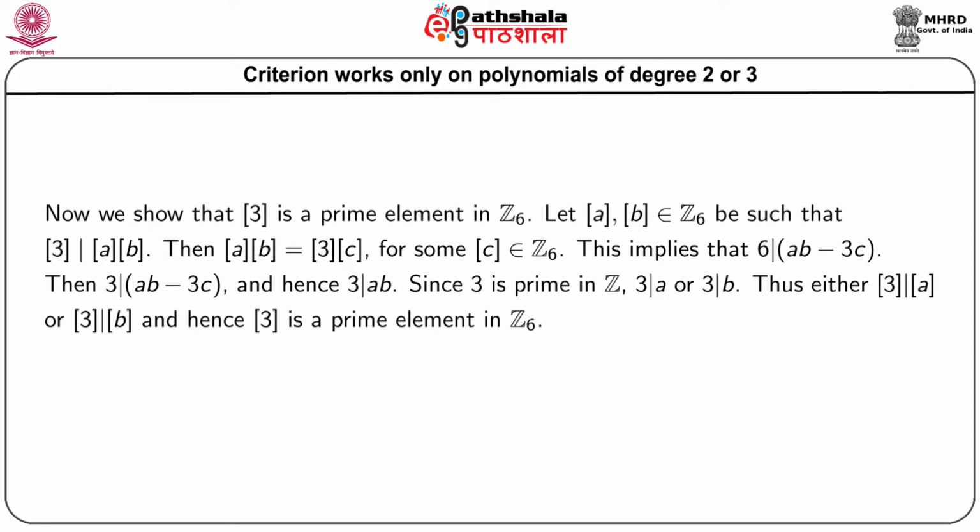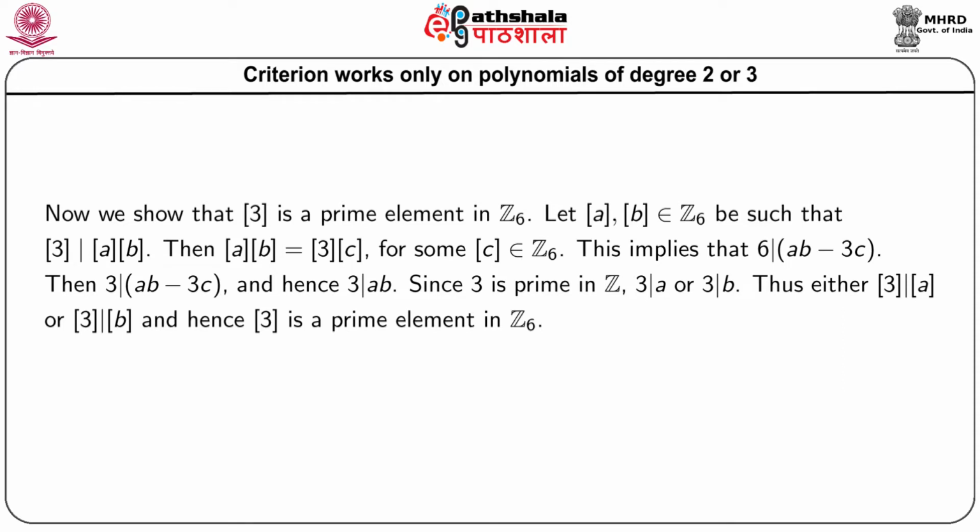For this, consider [a] and [b] in Z6 such that [3] divides [a][b]. Then [a][b] is a multiple of 3, that is, [a][b] = 3[c] for some [c] in Z6, which implies that 6 divides ab − 3c. Then 3 divides ab − 3c, and hence 3 divides ab. Though we are considering here Z6, still the relation 3 divides ab is in Z, because all these elements 3, a, b are in Z,